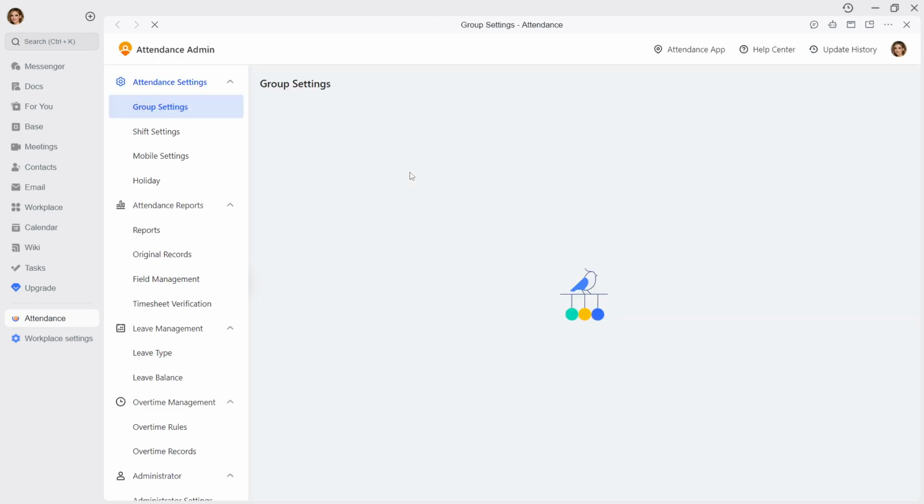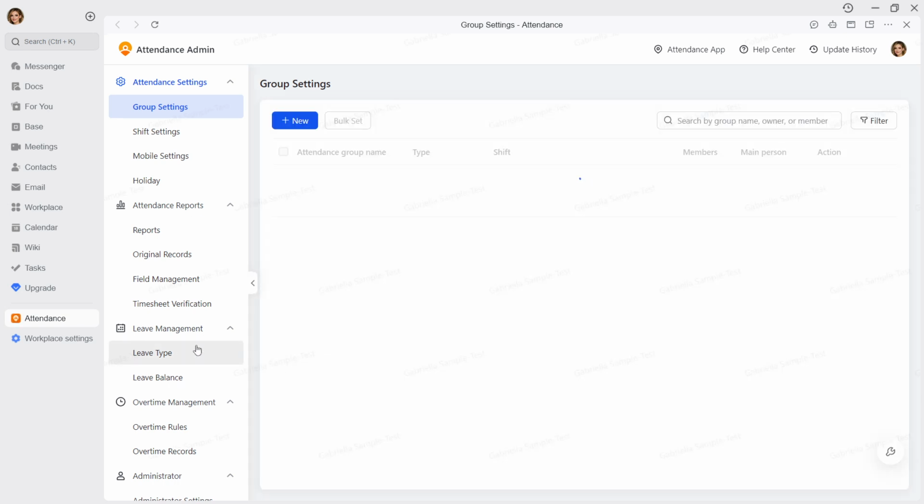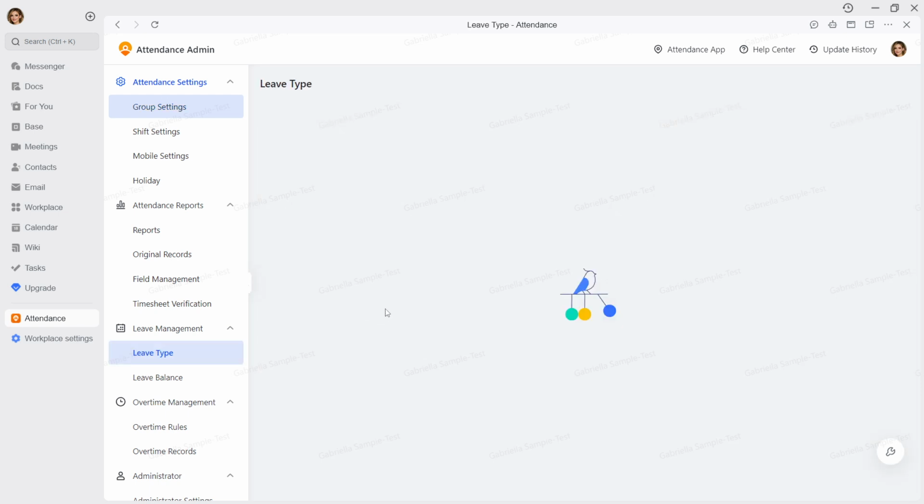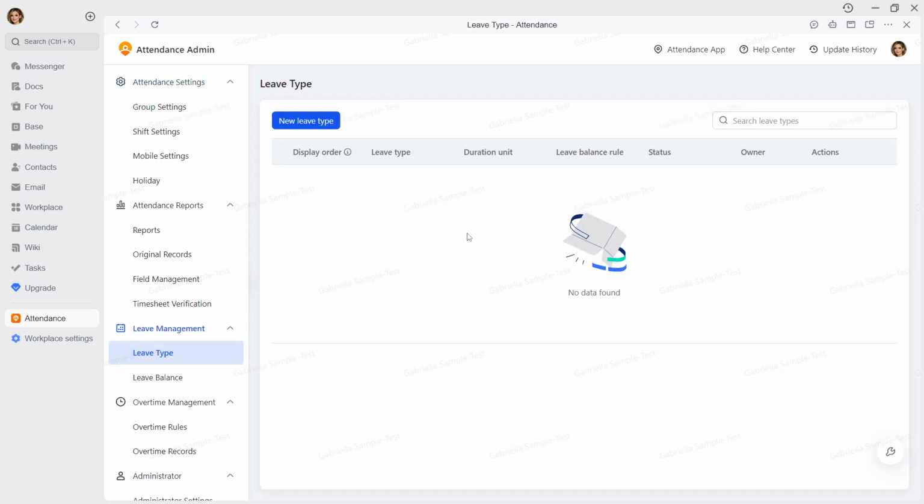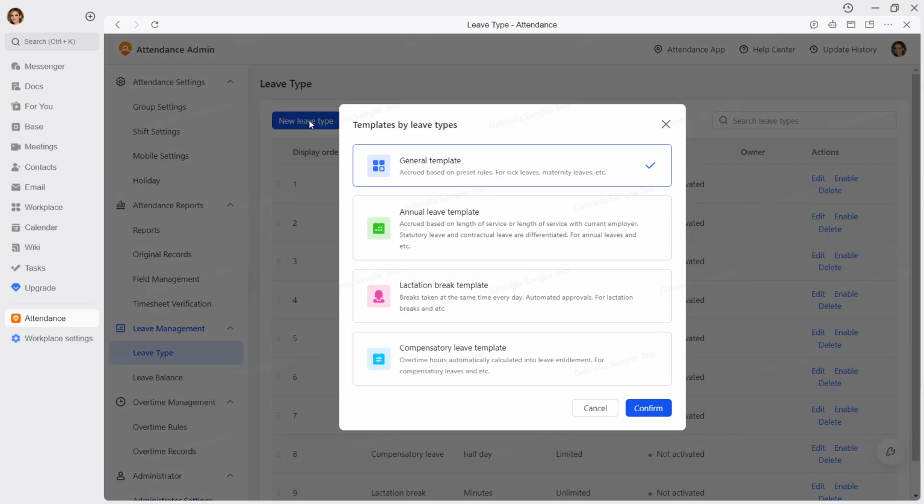Next, head to Workplace, sometimes labeled App List depending on your version. This is where all your company apps live. If you don't see it right away, look for the grid or briefcase icon, usually located in the sidebar or main menu. From there, open the Attendance app. This is the hub for time-related tasks, including checking in, viewing attendance, and submitting leave requests.